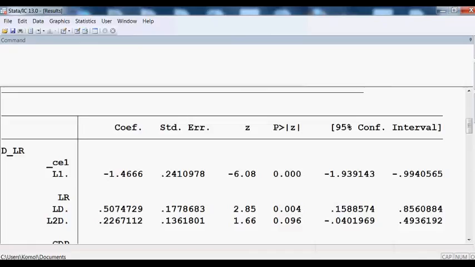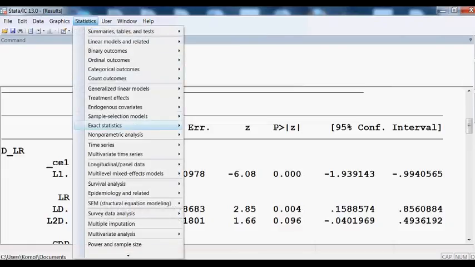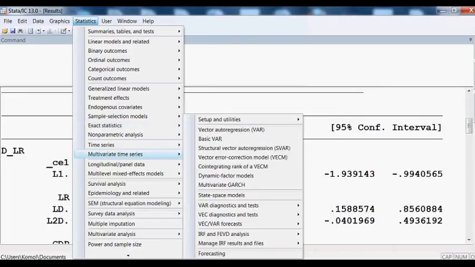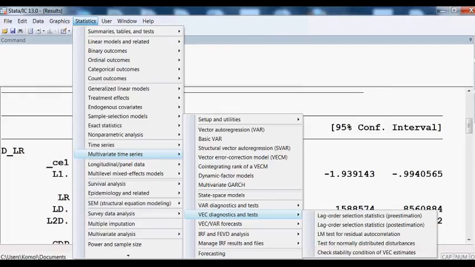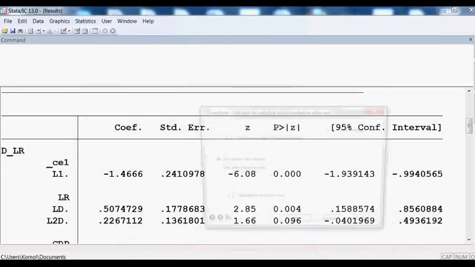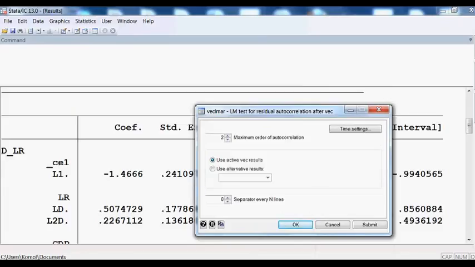Okay, so I go to statistics, then as before multivariate time series, then VECM diagnostic and test, then I can go to LM test for residual autocorrelation, then here I take 2, and click on it,